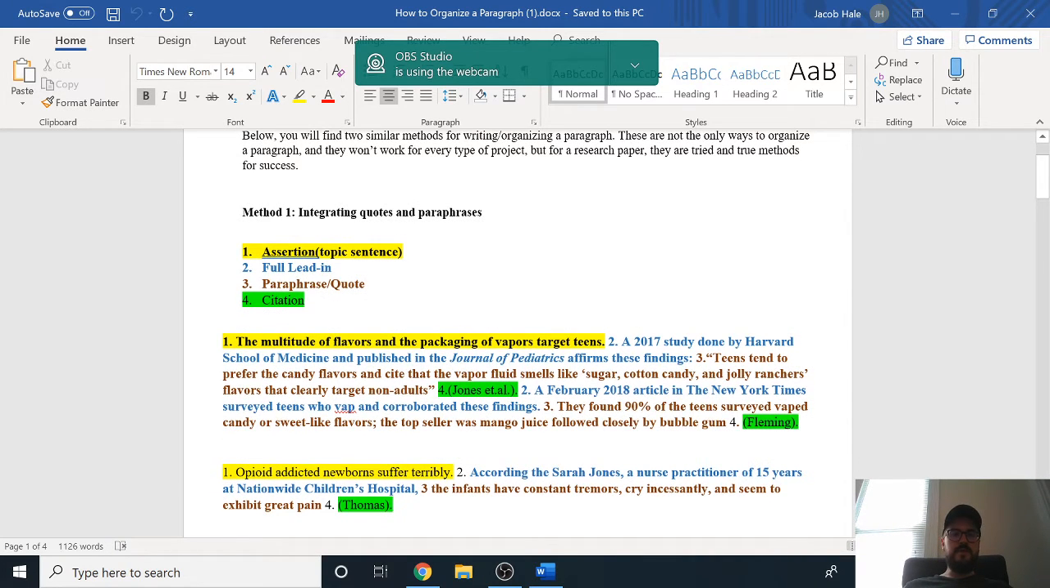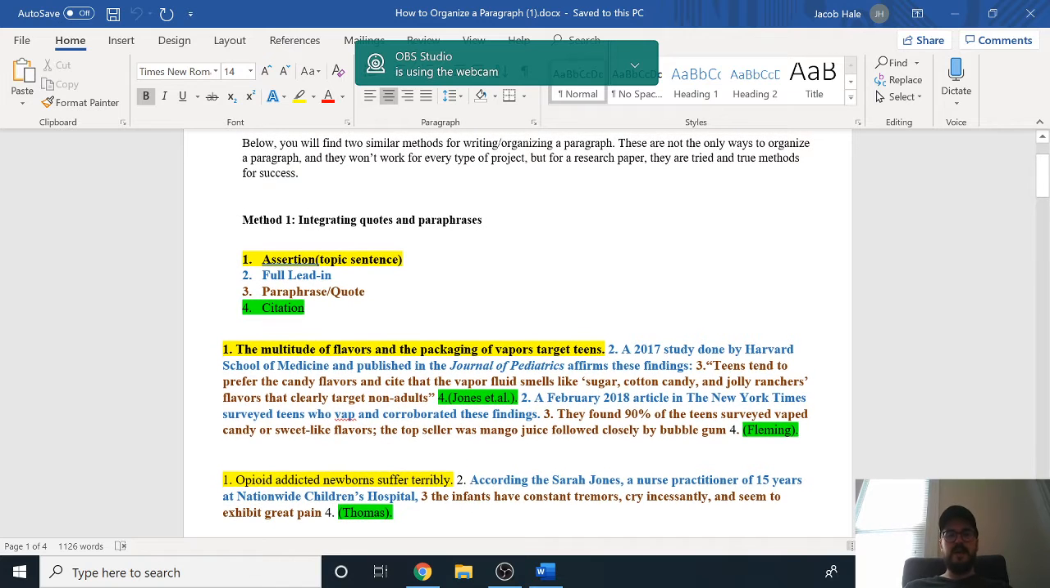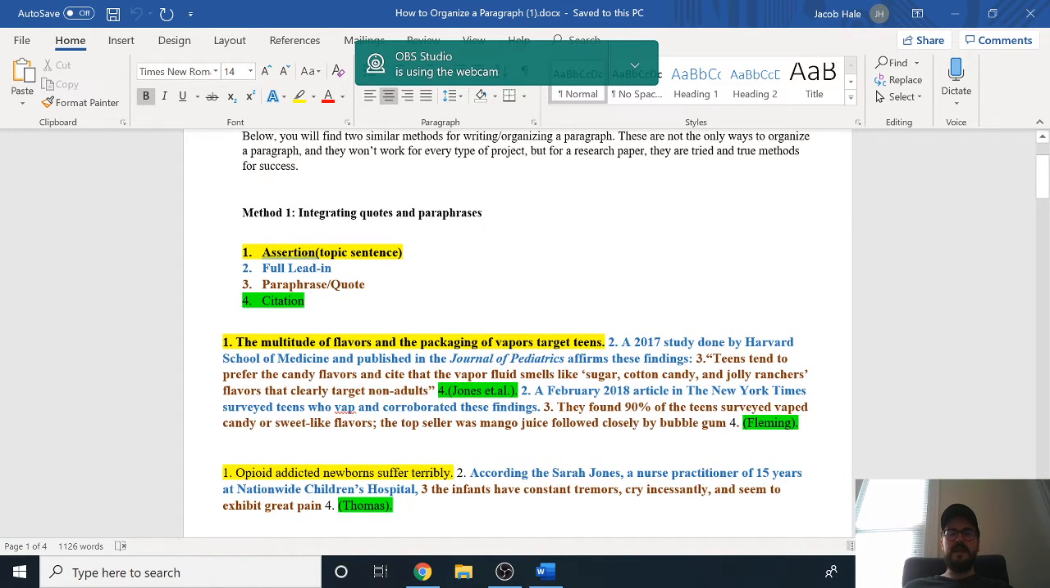Next, we have something called a lead in. You could also call this a signal phrase. That's the term that I use a little bit more often, but some professors also call it a lead in. And what that is doing is providing some context for the quote. And the reason you need to do this is because